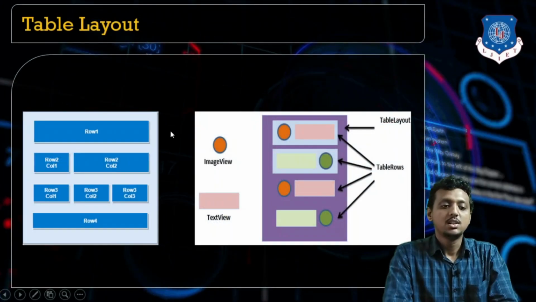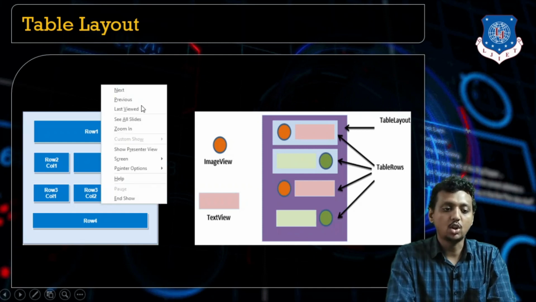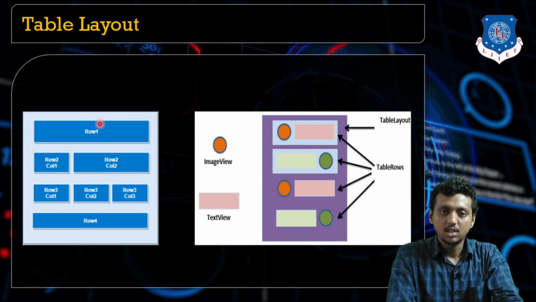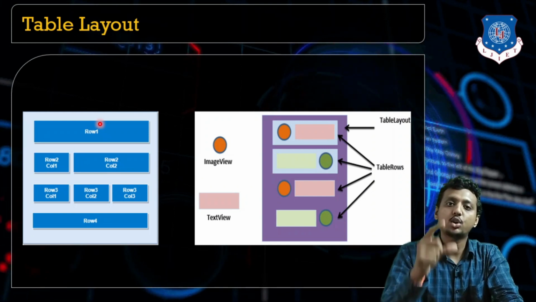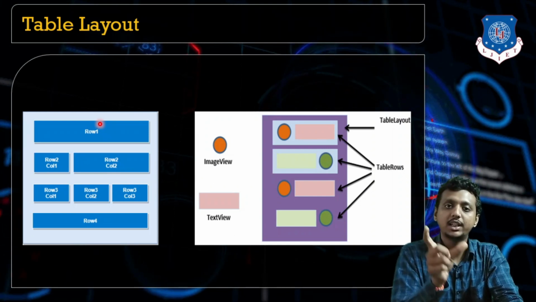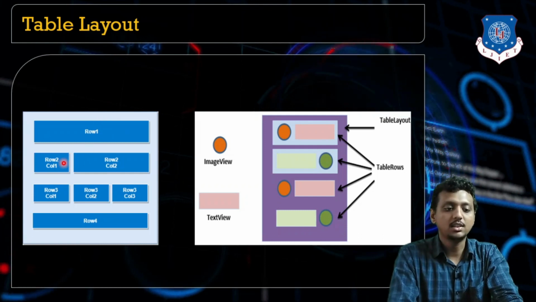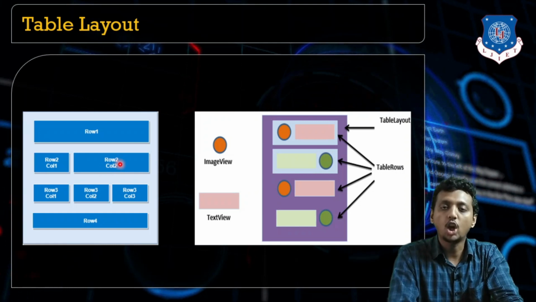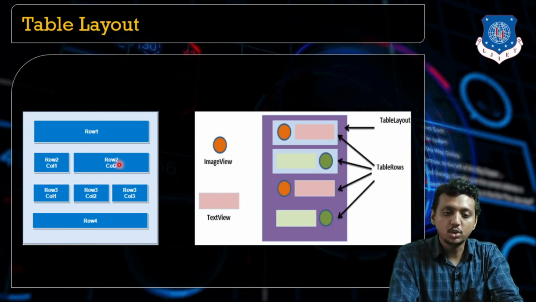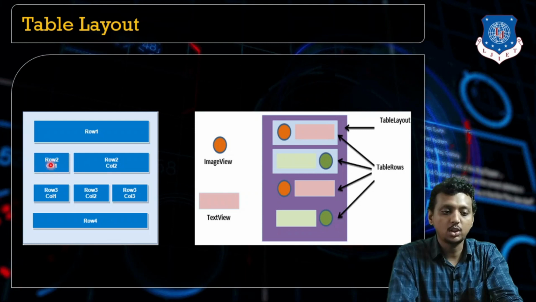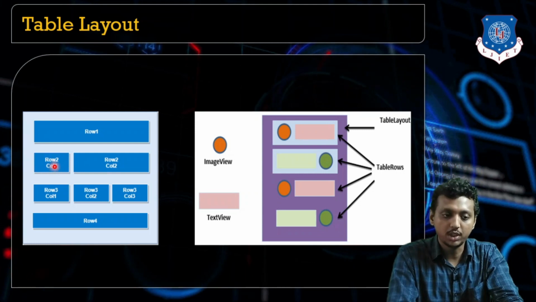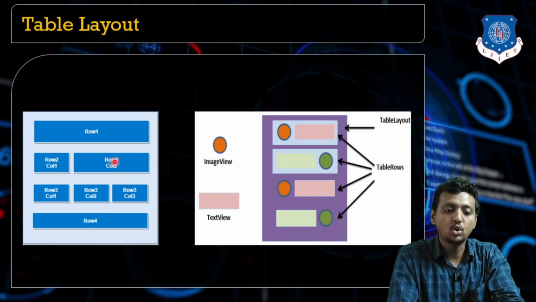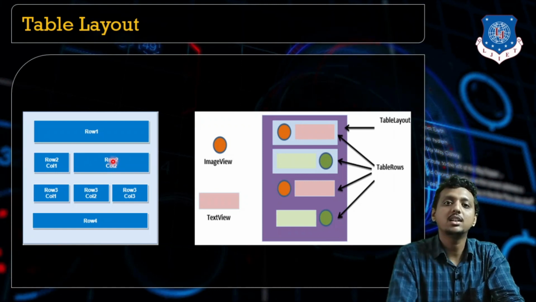Next, see, this is our table layout students. When we talk about the table layout, what do we have? First, this is my row 1. We just have to specify the table row as a tag and it will automatically create the whole row. Then this is my row 2, column 1, row 2, column 2. Here, students, I'm just going to set up one view component over here inside the second table row, and another view component over here inside the